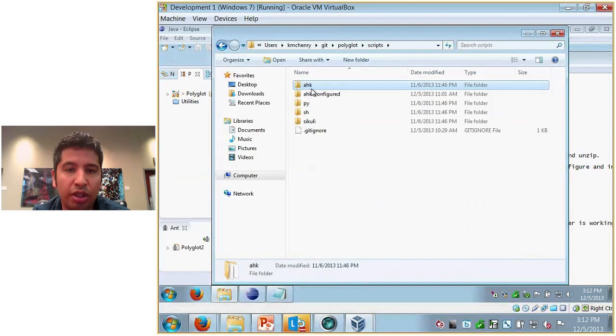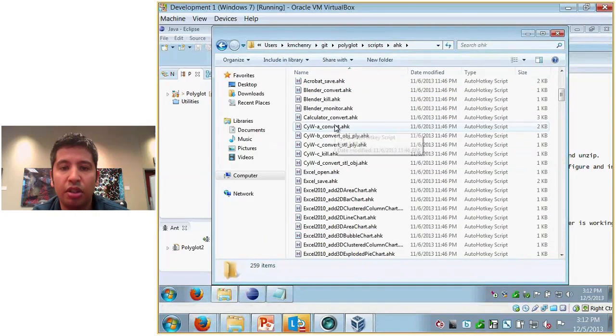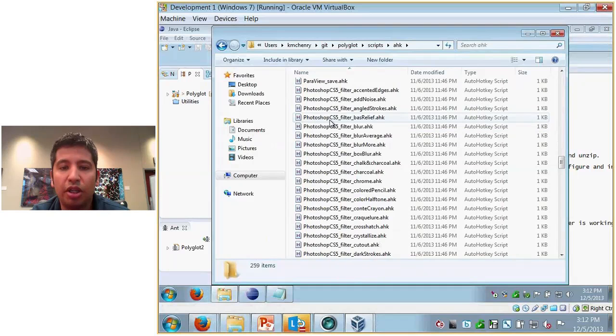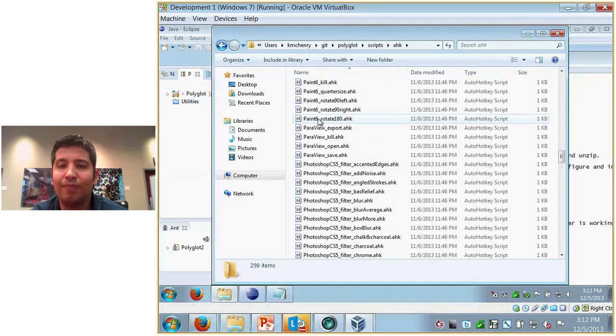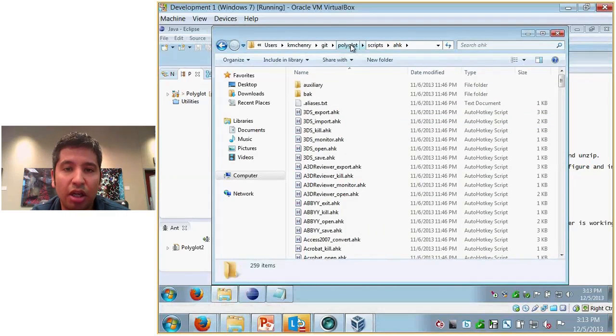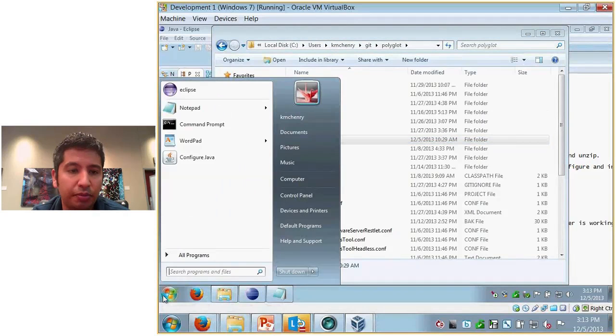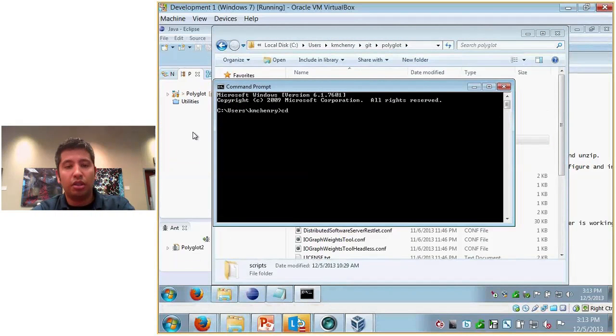So if you look here under Polyglot scripts, we include with it a bunch of scripts that we've created over the years. So there's a bunch of them. But they're configured for default conditions of whatever development environment they were on, so they should still be set up for the local machine. So if you open up a command prompt and you go to your source folder,